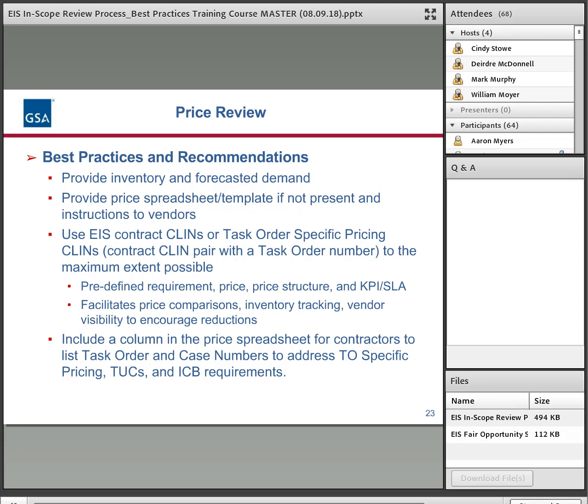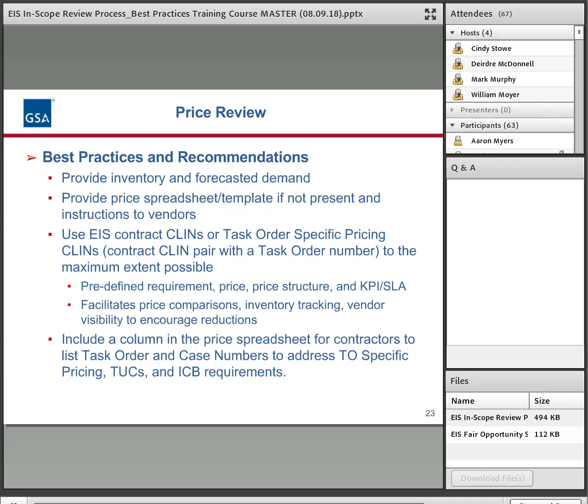And the CLINs themselves don't have strong descriptions to them. So it's easy to lose visibility into your inventory and also compare those prices to others when you use TUCs. TUCs, they're very powerful, and they have a place, especially if you're doing customized kind of requirements. But we first would recommend looking at the base contract CLINs and associating your task order number with it and attempting to get lower prices.